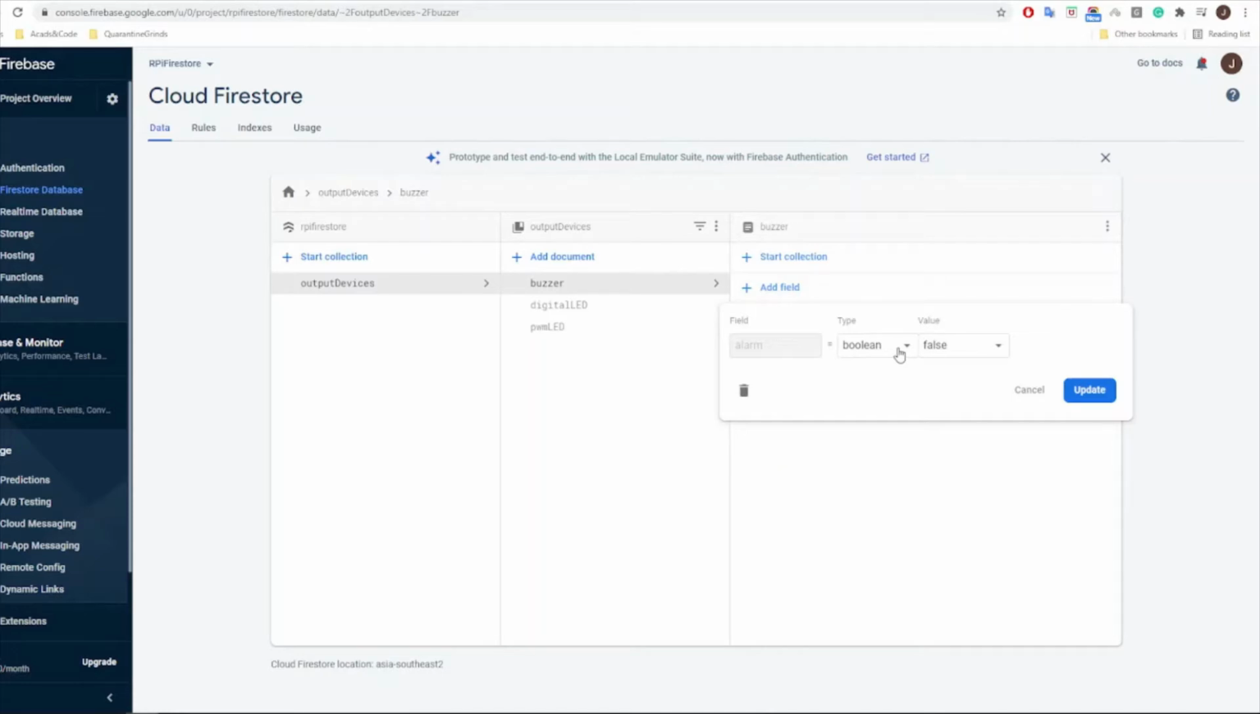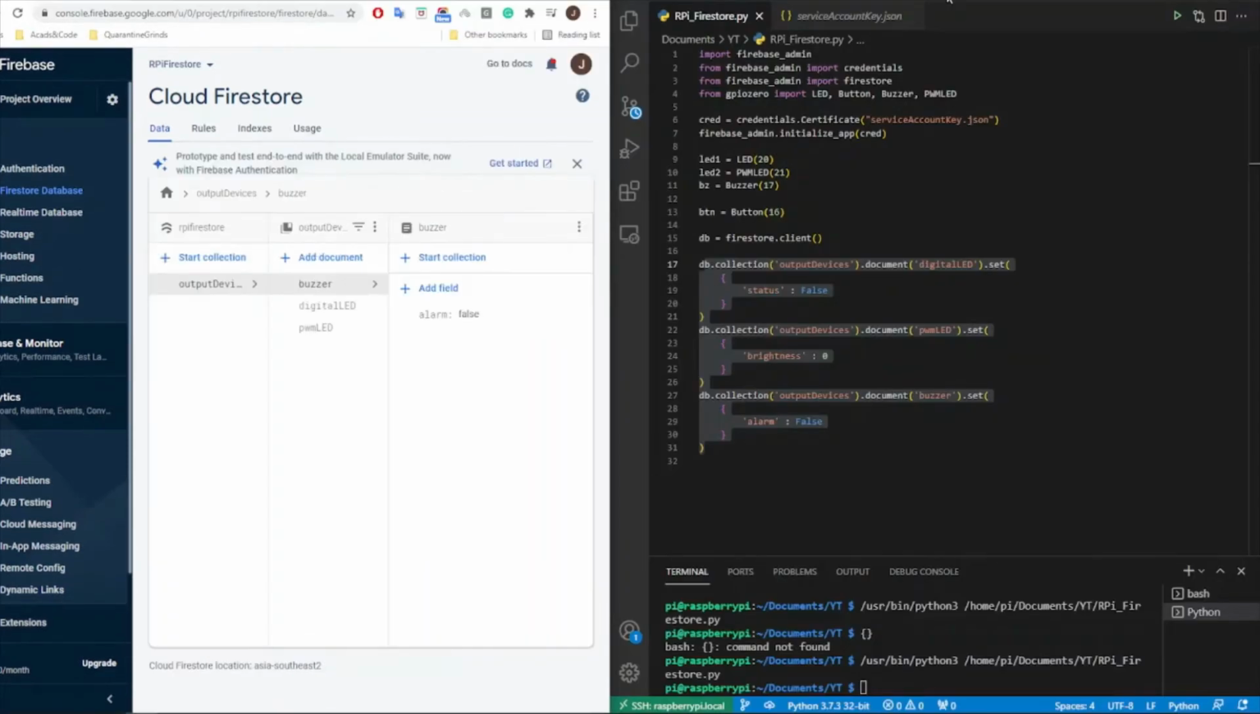Again, Firestore offers a lot of data types. So now we're good with the output devices. Now let's create one for our input devices. Let's create another collection and name it input devices, and this is for the button. So name our document button,